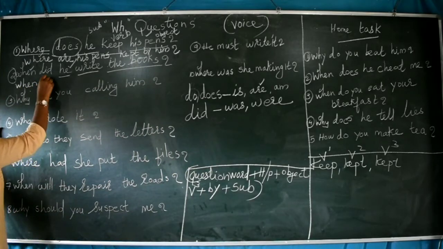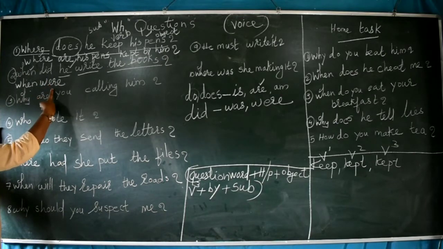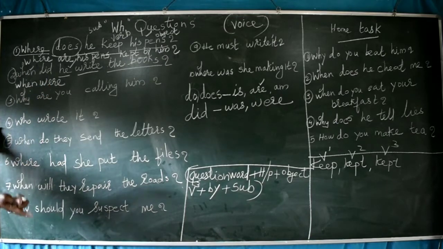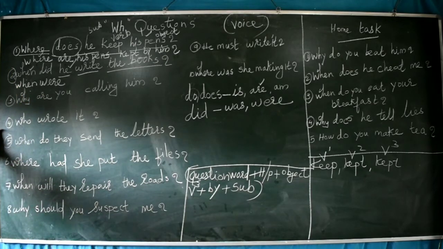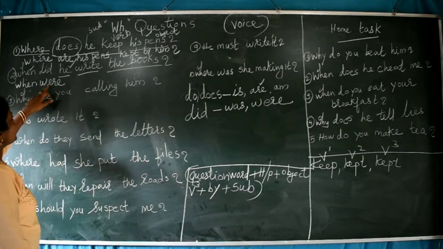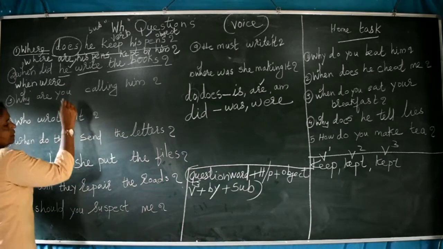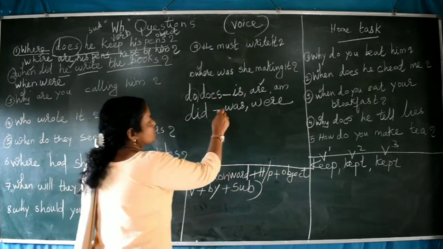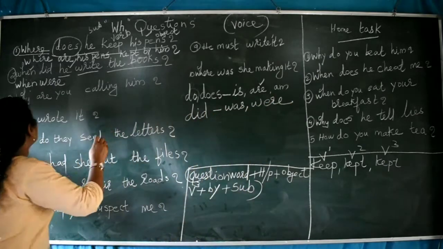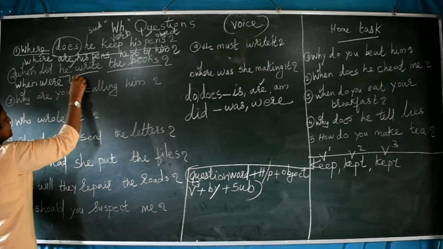When, where. Then again, don't forget, after the question word always comes the helping verb, not the subject. That is where you children always used to make a mistake. Always keep it in mind. After the question word, the auxiliary. When, where, then according to the formula, the question word is finished, then now was or were in the past tense. So when, were, the books plural, so were, when were, then now the object, the books.